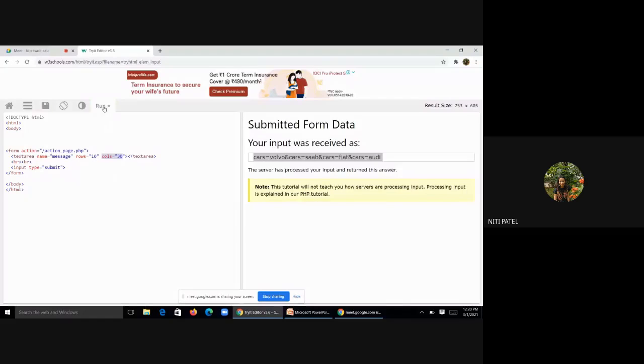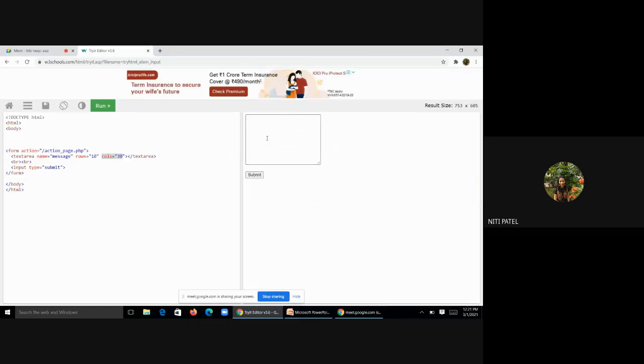Okay, let us run this. See, this is a text page. ठीक है, initially कितना है? 1, 2, 3, 4, 5, 6, 7, 8, 9, 10. देखा, सिर्फ 10 rows है. क्यों 10 rows है? Because मैंने mention किया 10. और ऐसे columns कितने होंगे? It will be total 30 columns. ठीक है, this is only the initial part. Sorry, this does not mean that आप इतना ही data लिख सकते हो. अगर मुझे 11th line insert करनी है तो press enter, automatically the scroll bar will come. Are you understanding? Yes, ma'am.